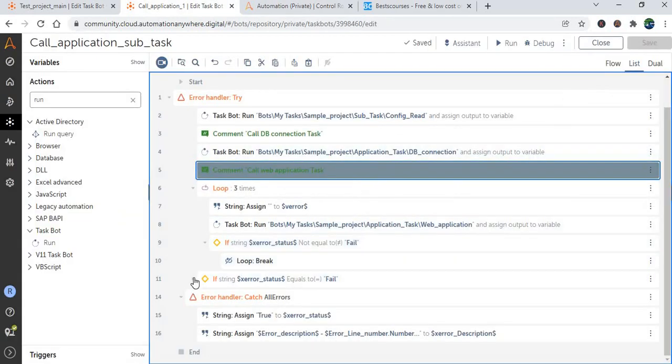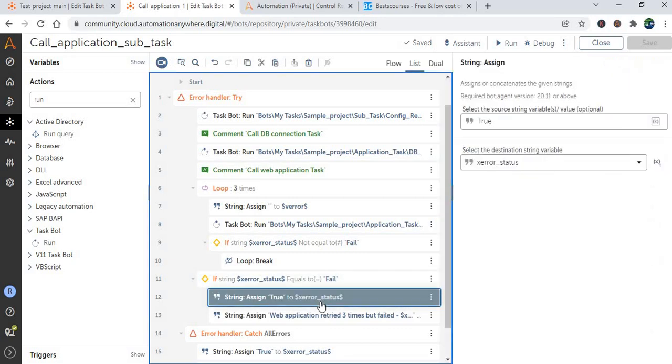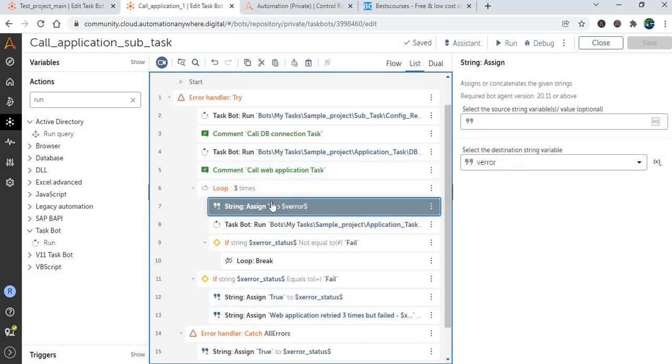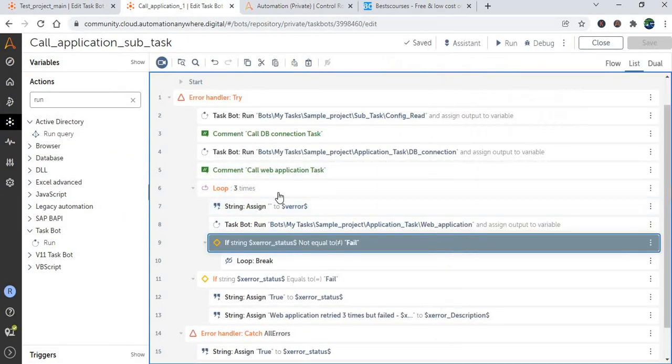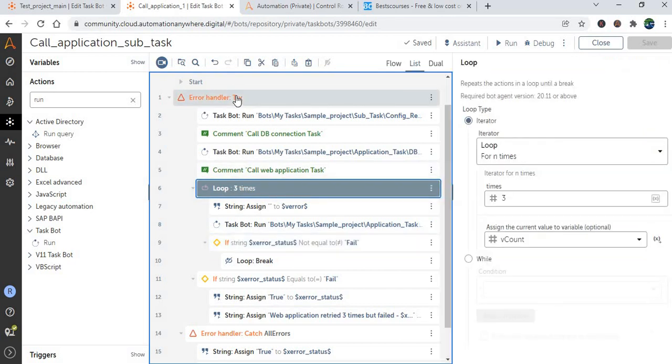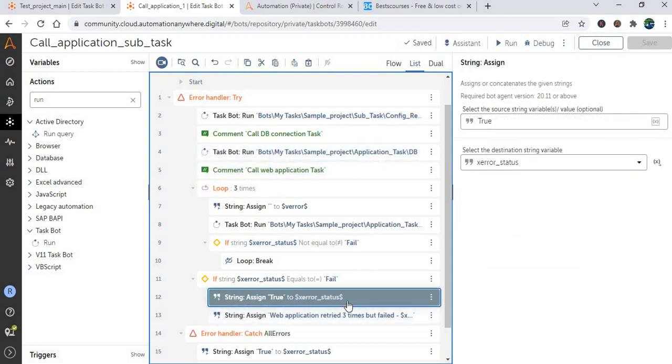This is the basic thing. You can avoid multiple things. Like if you created a single task, it's not user friendly. If you move out of this organization, if other developers need some changes, it's very difficult to make changes. So just try to create multiple tasks for all the applications like this. As well as the loop logic and error handler, please try to use a single error handler package. Then calling and assigning the variables is one of the important things.